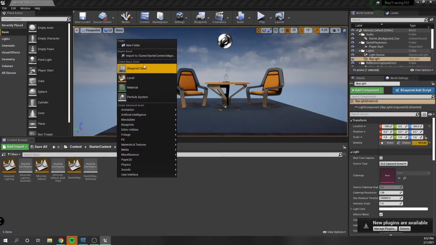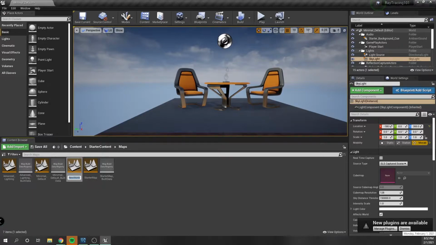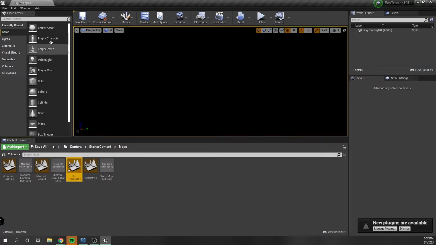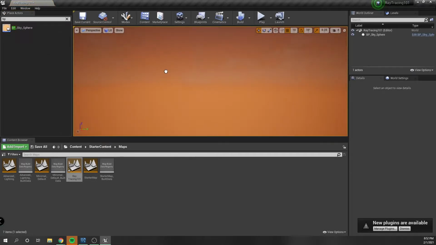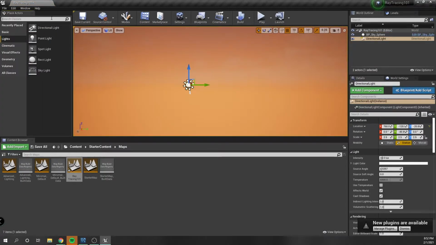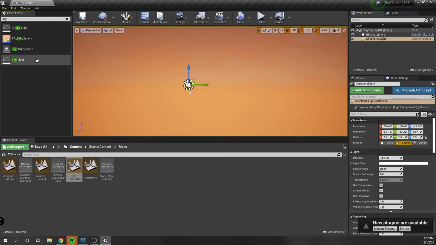So now let's create a new level and start from scratch. So don't save any of this. So now we're starting up a new level. First, what we're going to throw in here is a sky sphere. After that, we're going to take a directional light, put that in, and we're going to take a skylight, put